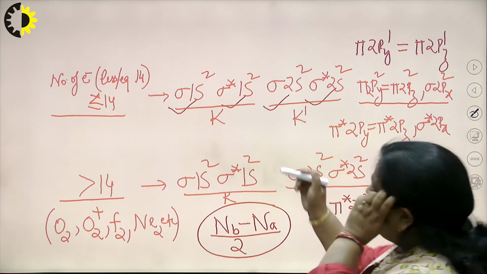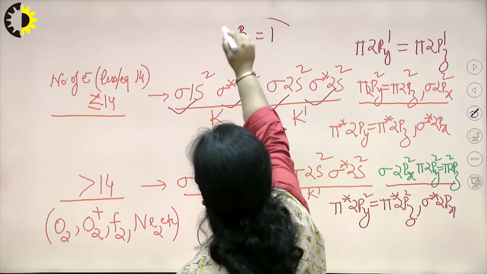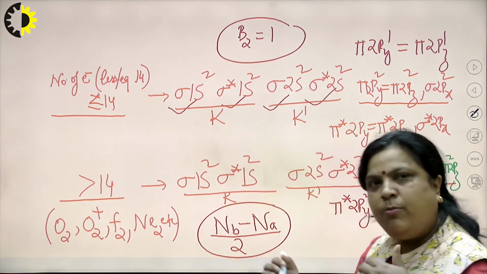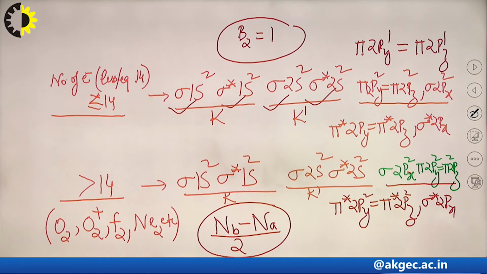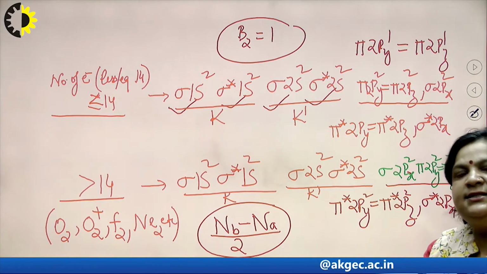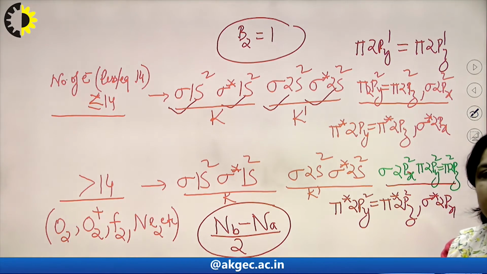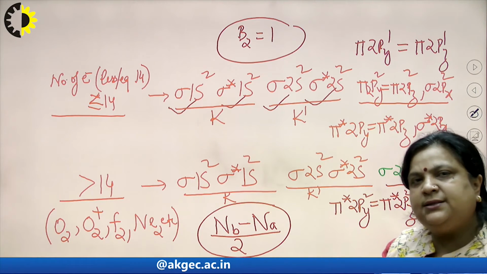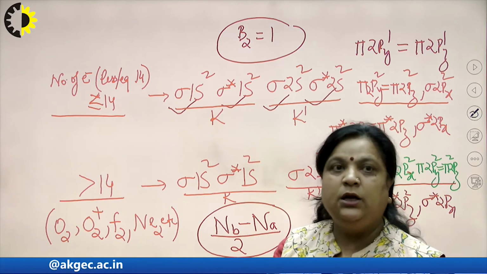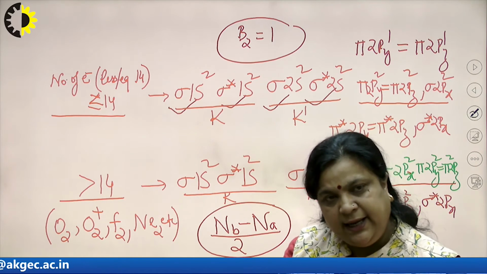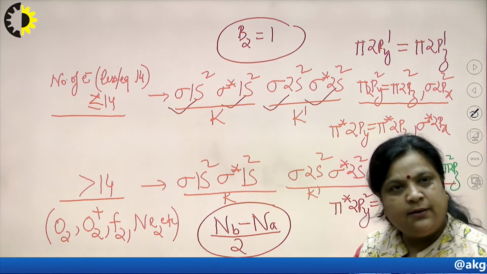So, the bond order of B2 will be 1. That is, the number of bonds between the B2 is single. If the bond order is 2, we can easily say that the molecule is bonded with a double bond, and we know that oxygen always has a double bond. So, the bond order of O2 must be 2. If there is any different value, then check again.